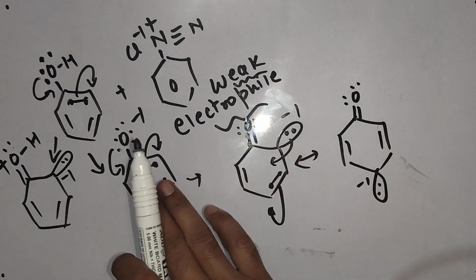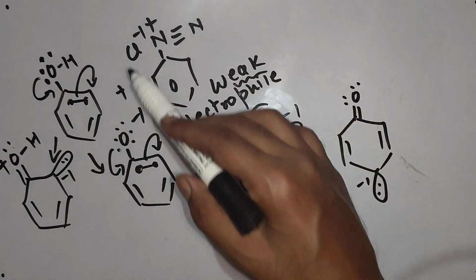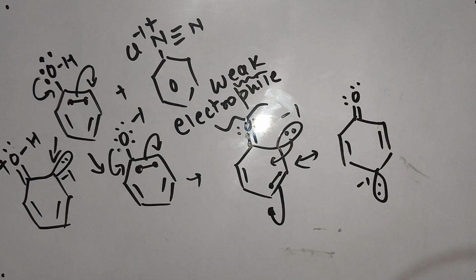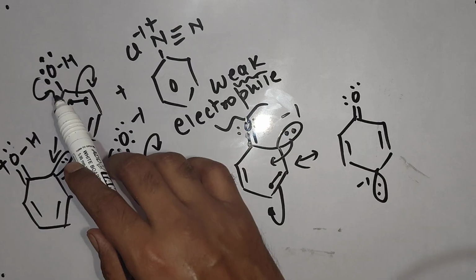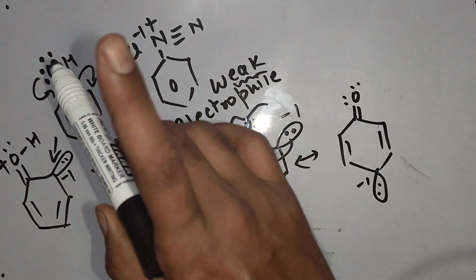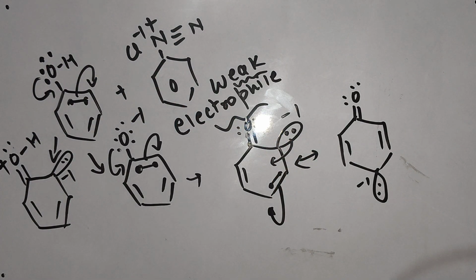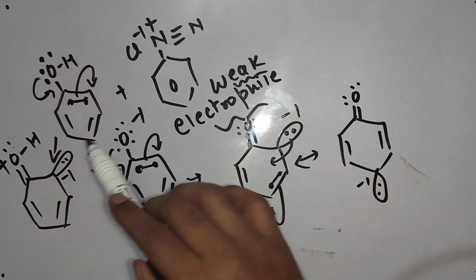Now, in this highly activated benzene ring, even weak electrophiles can attack easily. That's why we are converting phenol first to phenoxide ion with the help of a base. This is the role of base here. If you are using phenol directly,